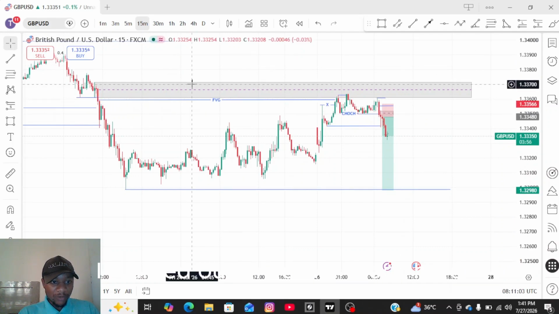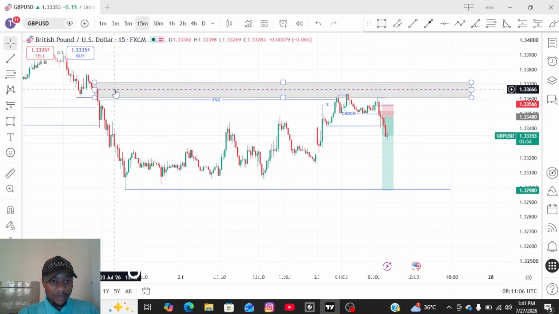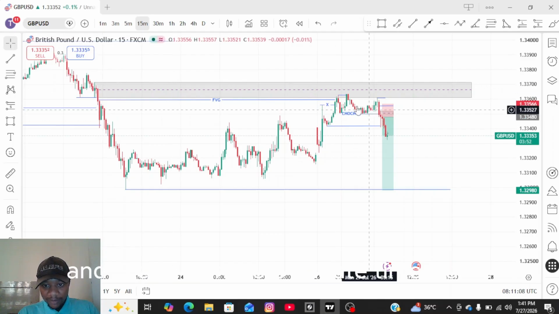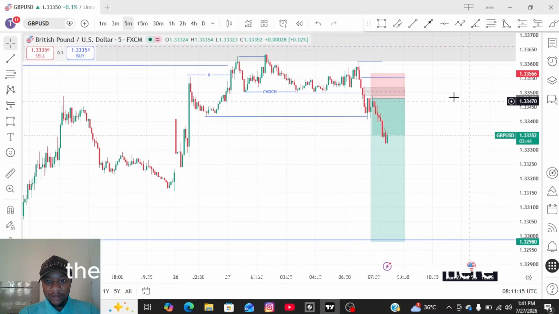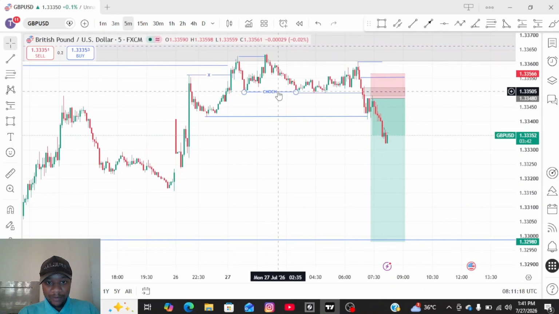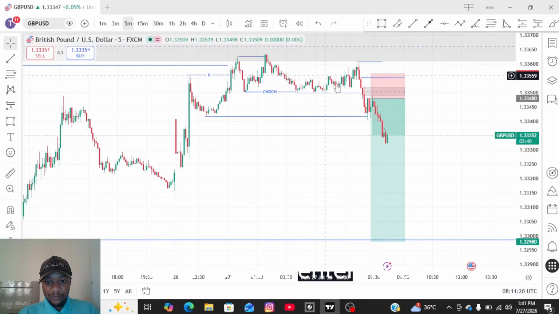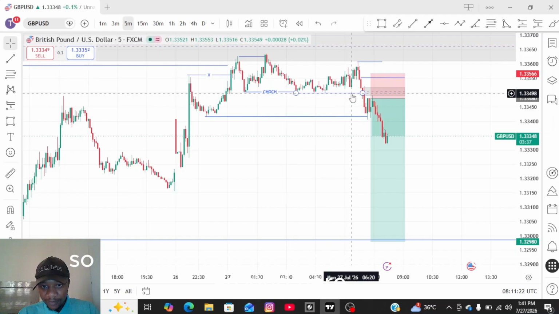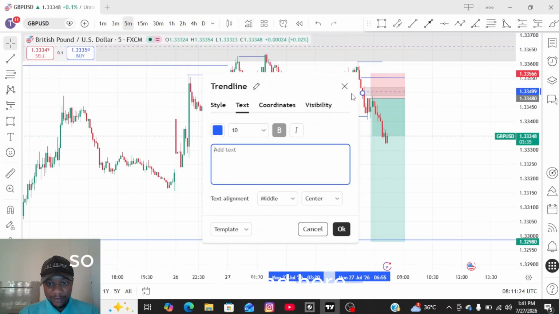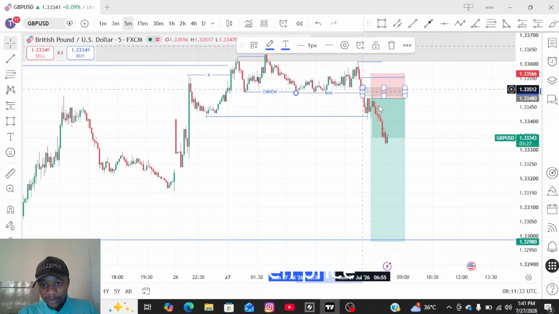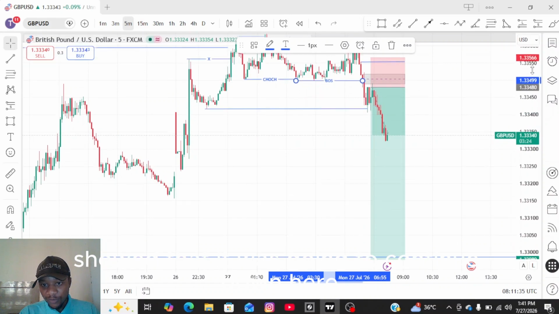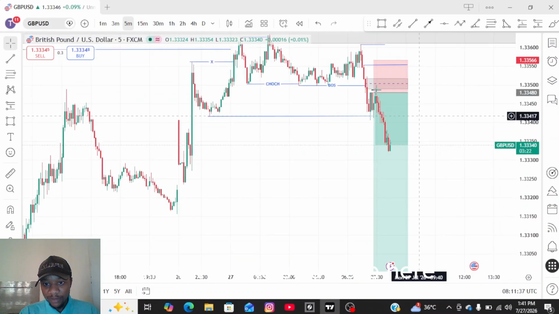I marked out my order block here on the 15-minute time frame, and then I went to 5-minute time frame. Then I saw a market structure shift here, but I couldn't enter here, so I waited here for a bit of structure around here to see if price was going to continue down. So when price showed that it was going to continue down, when it broke structure here,